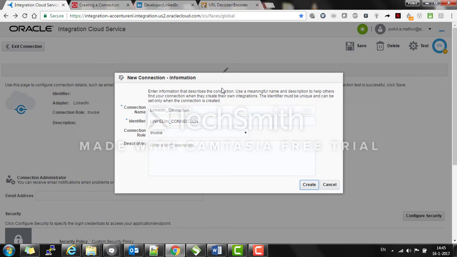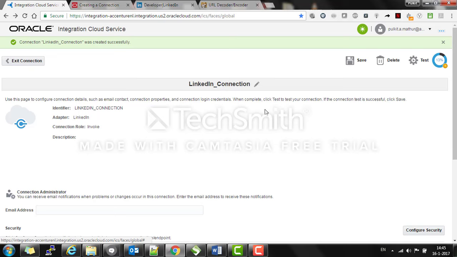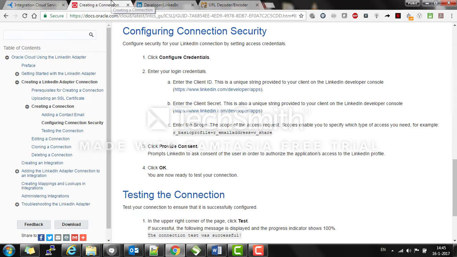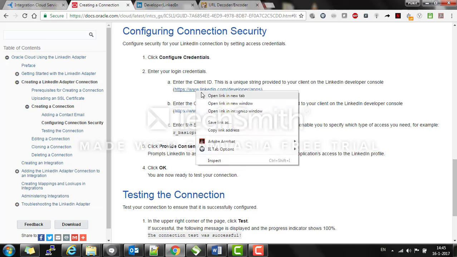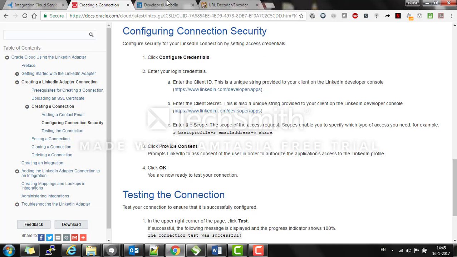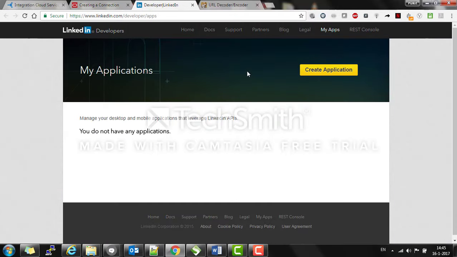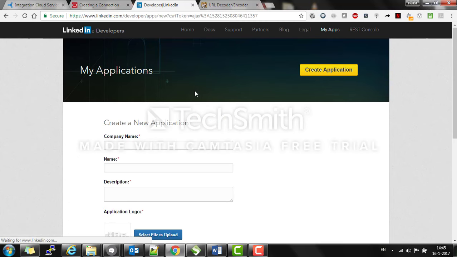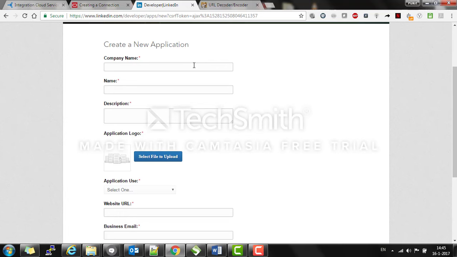and click create. Now, before we actually configure the LinkedIn connection, we need to do some configuration on the developers console on LinkedIn. The developers console URL can be found in the documentation of ICS for the LinkedIn adapter. So this is the link to the developers page right here. I've logged in. Once you are logged into LinkedIn, you can just create an application here, like this. Create an application, and